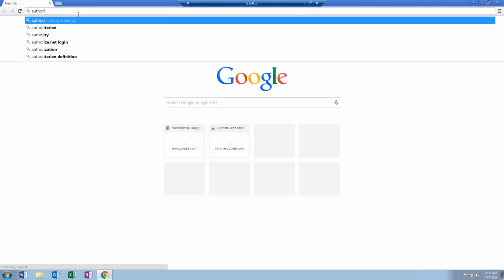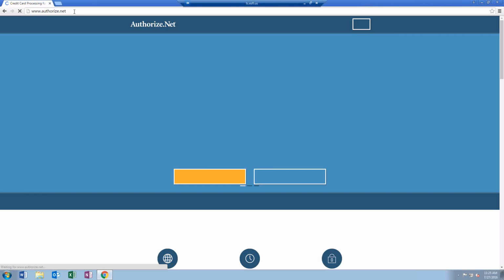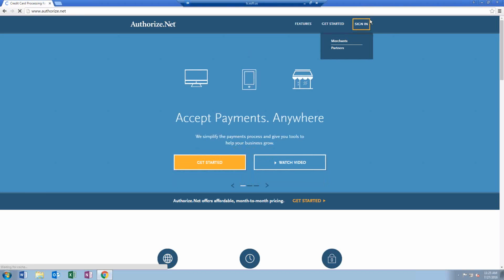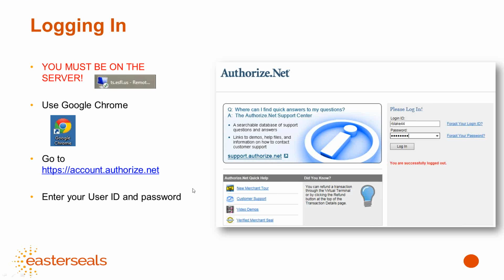And then you're going to go to Authorize.net. And it's going to take us to the initial Authorize.net login screen. And then you would just go to Sign In and Merchants, and then you'll be on the main login screen. However, you can also just type into the web browser account.authorize.net, and it's going to take you directly to the login screen automatically, and then you just enter your username